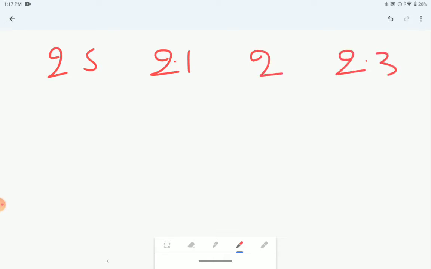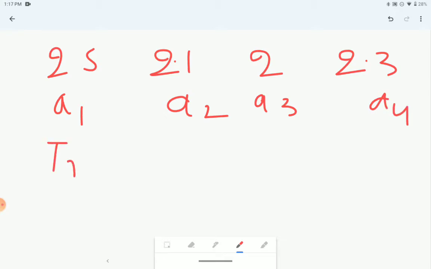We took it like this, right? Let's say these are a1, a2, a3, a4, right? So the true value or mean value of these values comes out to be,